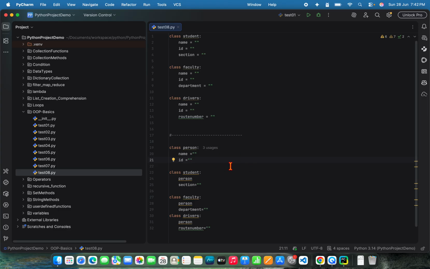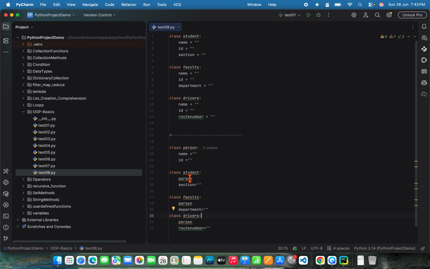So whatever way you feel convenient, you can call it. So this can be a base class, this can be a super class, this can be a parent class. All these are child classes, right? This is parent class, these are child classes, which are going to use the base class, and by doing that it is going to give us the reusability. So that is the advantage of having